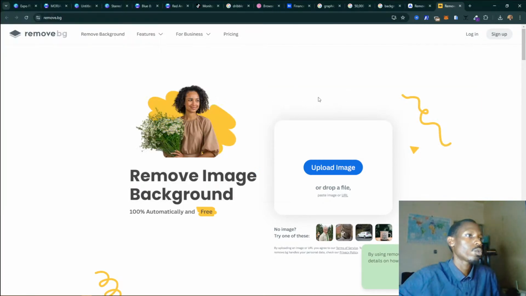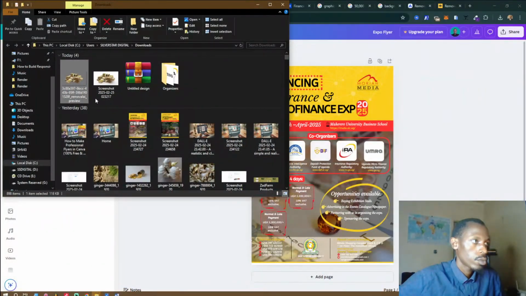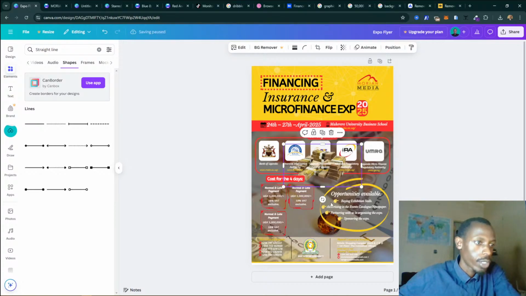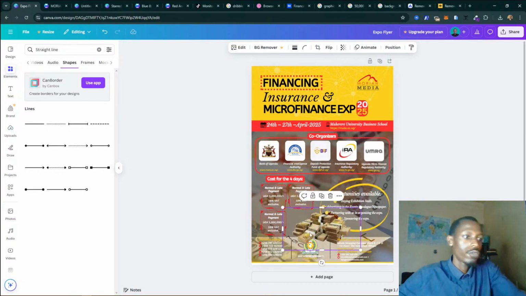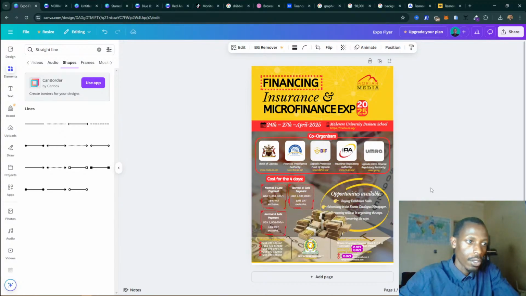So now we have this. We just need to go back to our design and just drag and drop what we just downloaded, like that. So we can just bring it down below. If it replaces something, we use Ctrl Z to undo. Then, for example, if it replaces like that, use Ctrl Z to undo, bring it again. Or you can just select it once and use the arrow keys, down arrow, up arrow, to move it